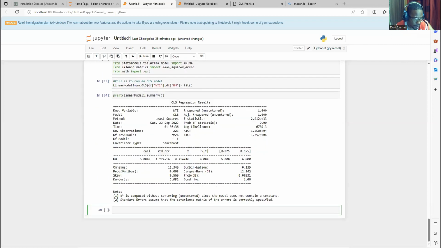Run. So the model has run, but you know this model is terrible. Why do you know for certain? Just look at the R squared, right? The R squared is perfect. The R squared is 1. Oh, I could see why. You know why? It's because